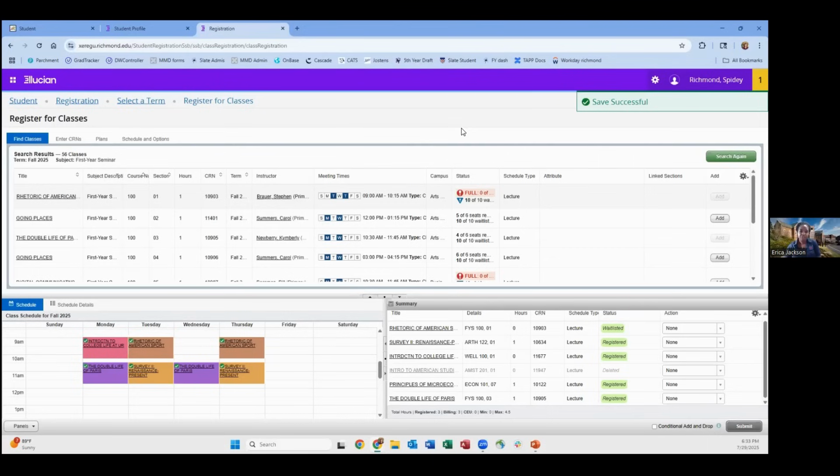How many classes should we put in each plan? Since you can only go up to 4.5 units, and hopefully you're already registered for at least 2, I would put just 2 classes or 2.5 units in your plan. And then you can go back and fill in. And you can, again, do up to 3 plans with a couple classes each to try it when you register. I'm going to add